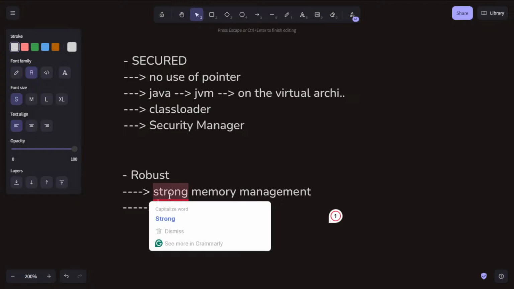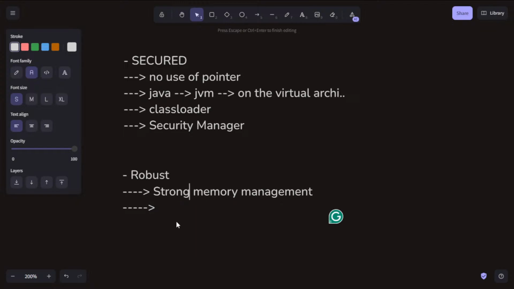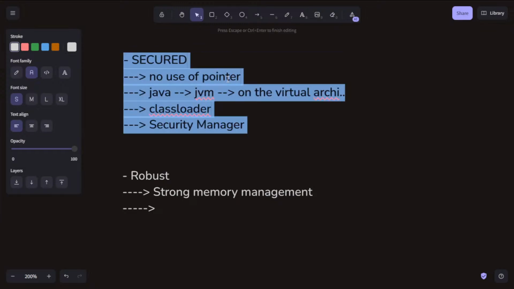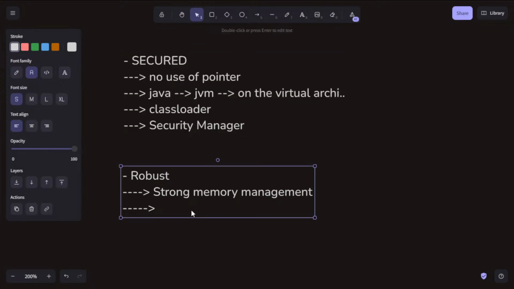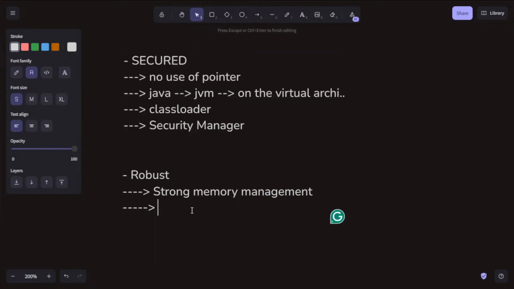How do pointers create insecurity in the program? Since Java doesn't have pointers, our security problems are resolved here. With the lack of pointers, we are not majorly focused on variable or object references.